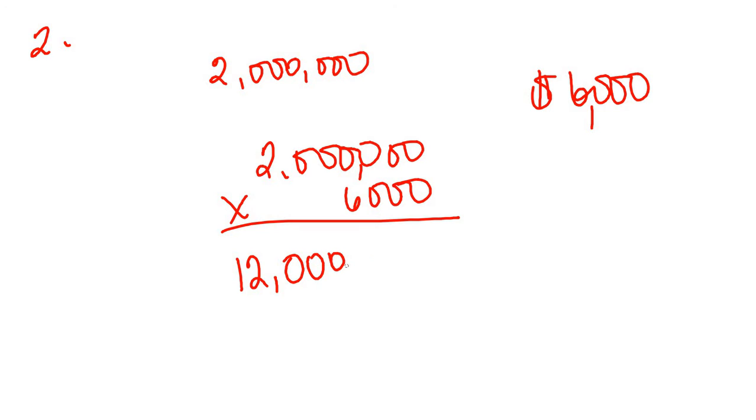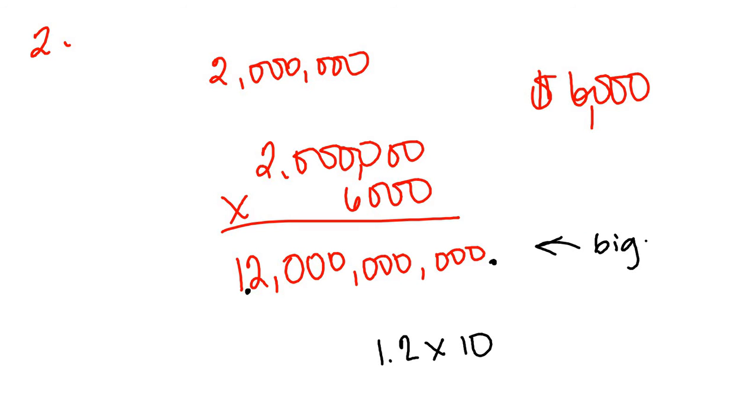So 1, 2, 3, 1, 2, 3, 1, 2, 3. Now, in order for you to complete scientific notation, your number has to be between 1 and 10. So that means I have to move the decimal all the way over here. So I'm going to have 1.2 times 10. Now, since the number is bigger than 1,